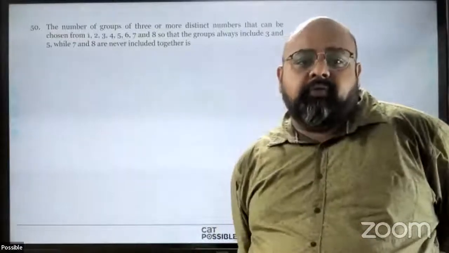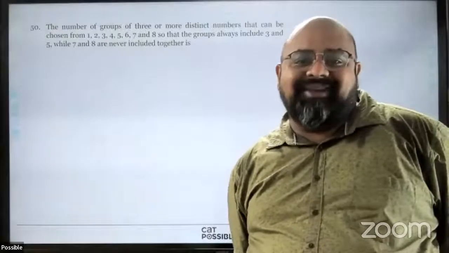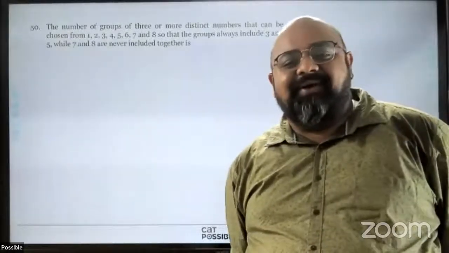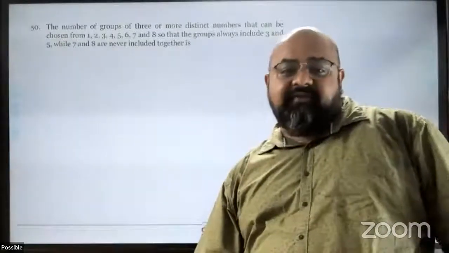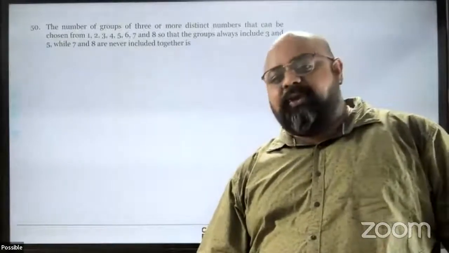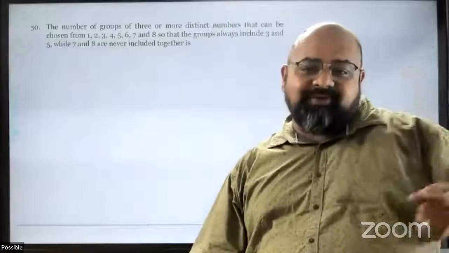The number of groups of 3 or more distinct numbers that can be chosen from 1, 2, 3, 4, 5, 6, 7, and 8, so that groups always include 3 and 5, while 7 and 8 are never included together is. While doing this question in the exam,